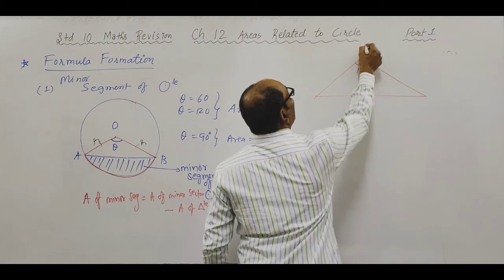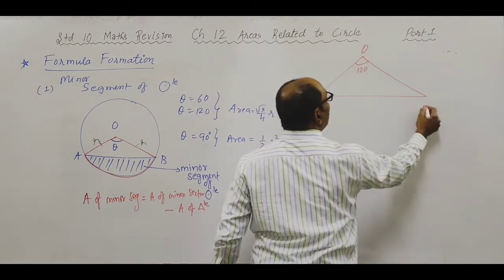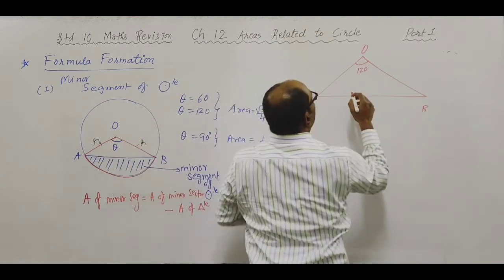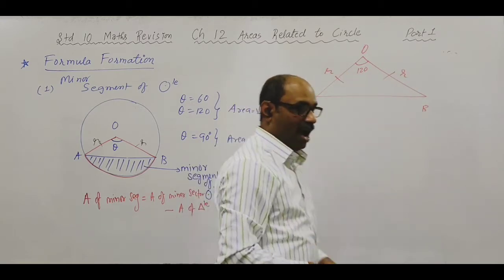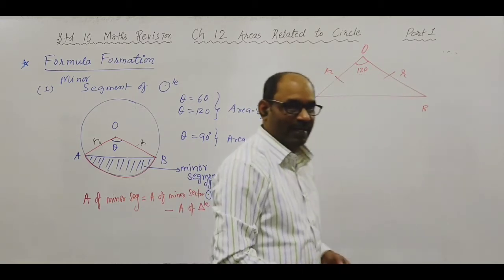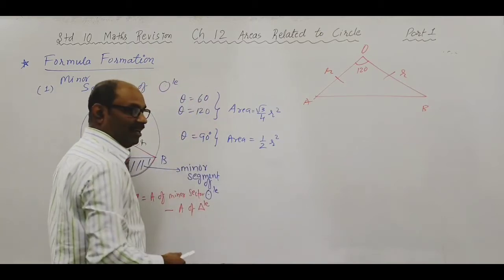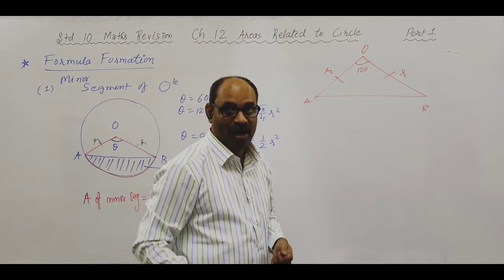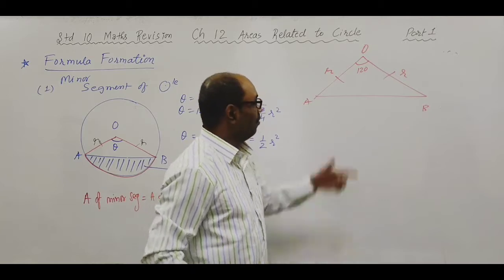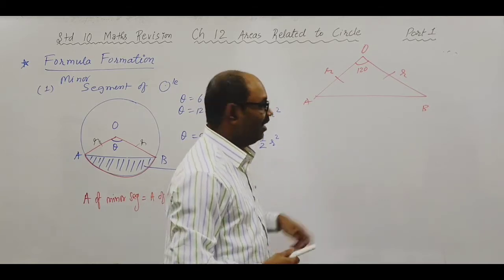देखो now, this is 120 degree है ना? This is OAB. I picked up this triangle and placed it here. These two are radial. All right. Now, what is the formula to find area? Here we got equilateral triangle. It's clear, √3 by 4 side square. The formula that we have for equilateral triangle, we use that. But now this is not equilateral triangle.